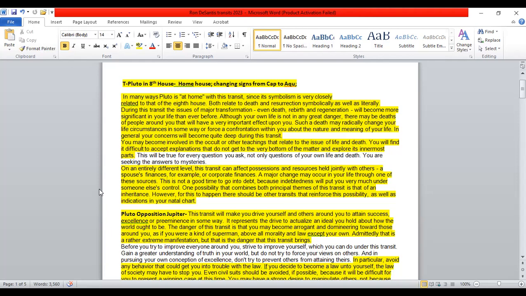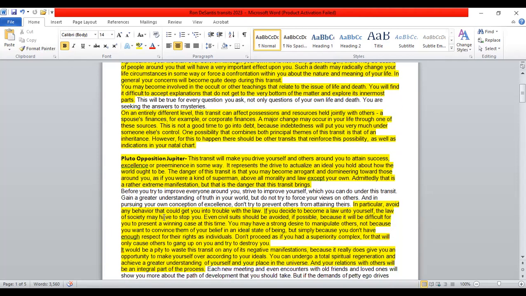One possibility that combines both principal themes of this transit is that of an inheritance. However, for this to happen, there should be other transits that reinforce this possibility. Okay. He also has Pluto opposition to Jupiter. This transit